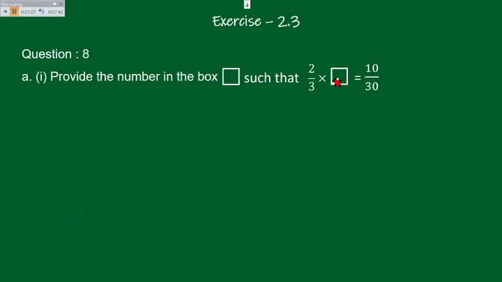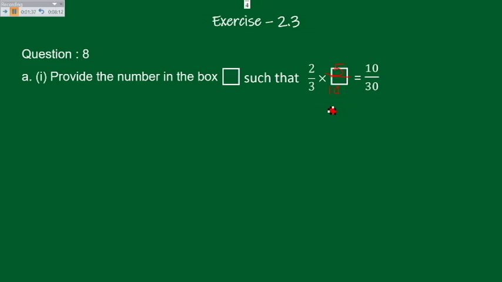If you multiply 3 tens are 30, 10 here. And here if you multiply, at what time in the table of 2 will 10 come? 2 5s are 10. So actually you are getting the answer 10 by 30. Yes or no? 2 5s are 10 and 3 10s are 30. So here the answer is 5 upon 10.